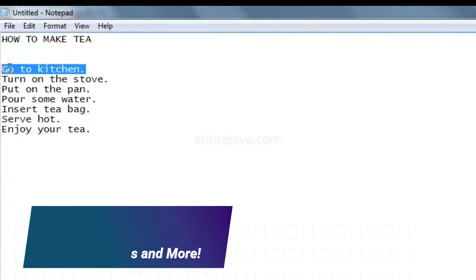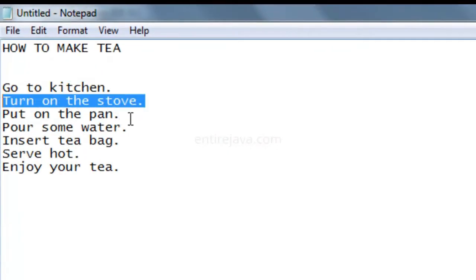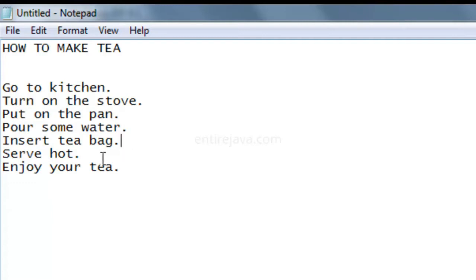Go to kitchen, turn on the stove, put on the pan, pour some water, insert tea bag, serve hot, enjoy your tea. These are all the steps involved. Now if you see, each of these statements is ending with a period, and moreover, if I remove one of the words from here,